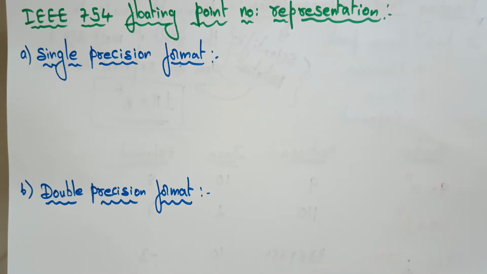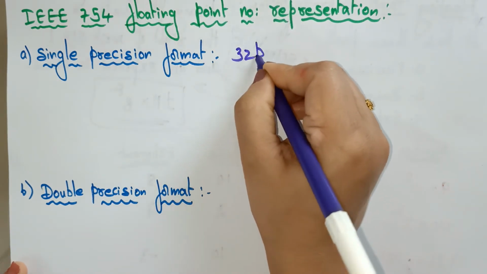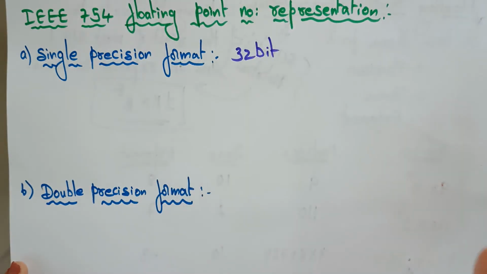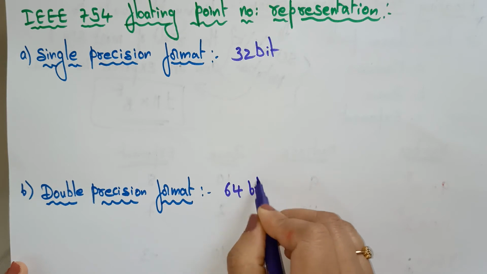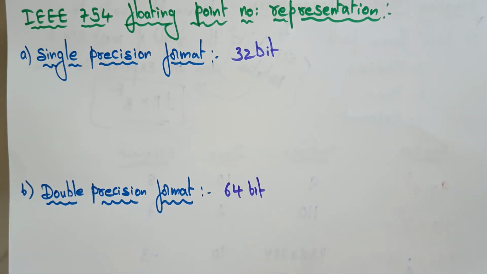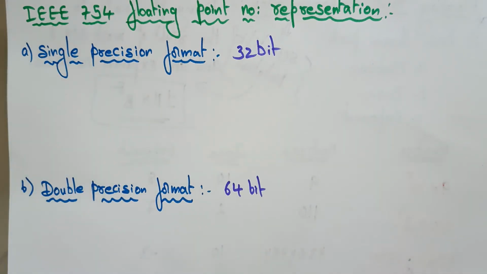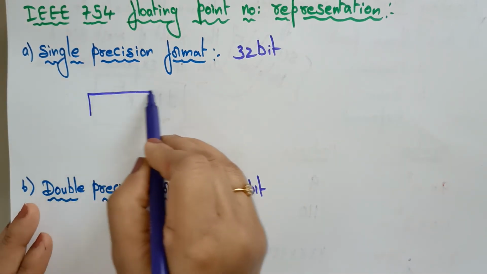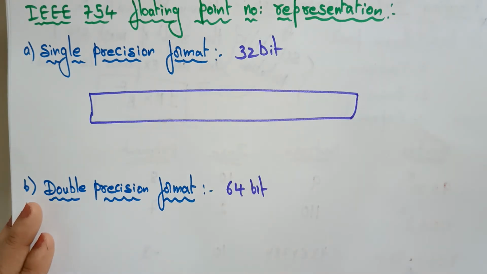Single precision means we are taking the bit size as 32 bits, so a 32-bit number is represented in the single precision format, and double precision is 64 bits. So whenever the size of the register is 64 bits, we have to represent it in double precision format, and if the size of the register is 32 bits, we have to use single precision format. The single precision format, the complete 32-bit number, is represented in the form of sign,